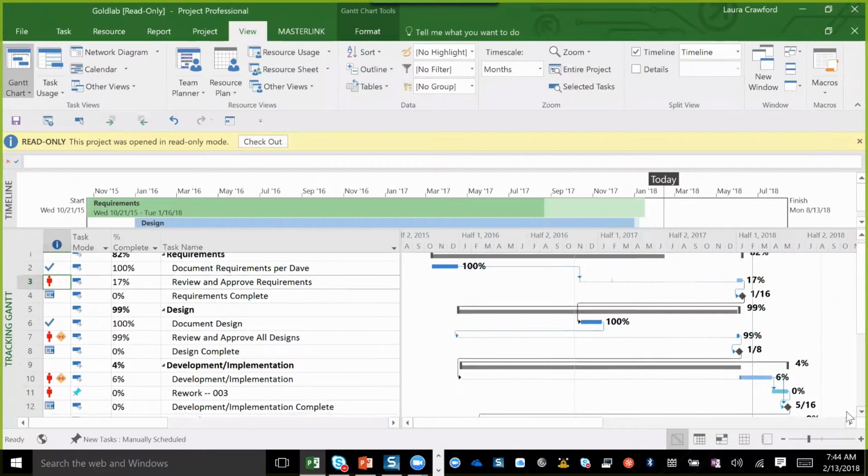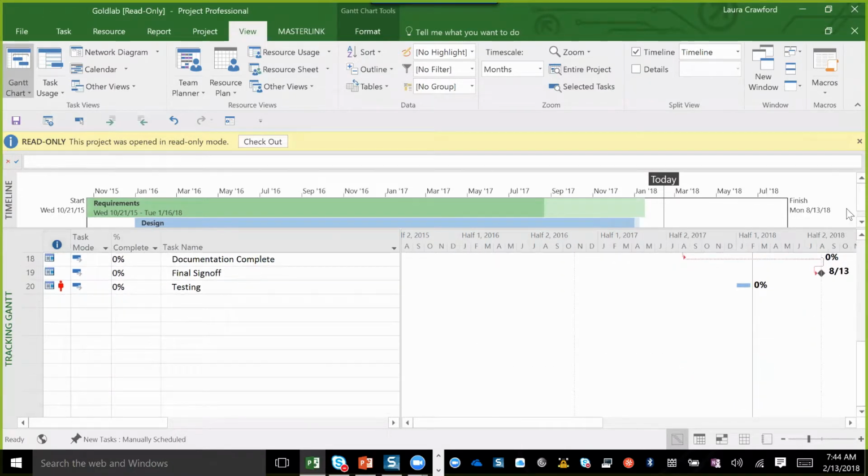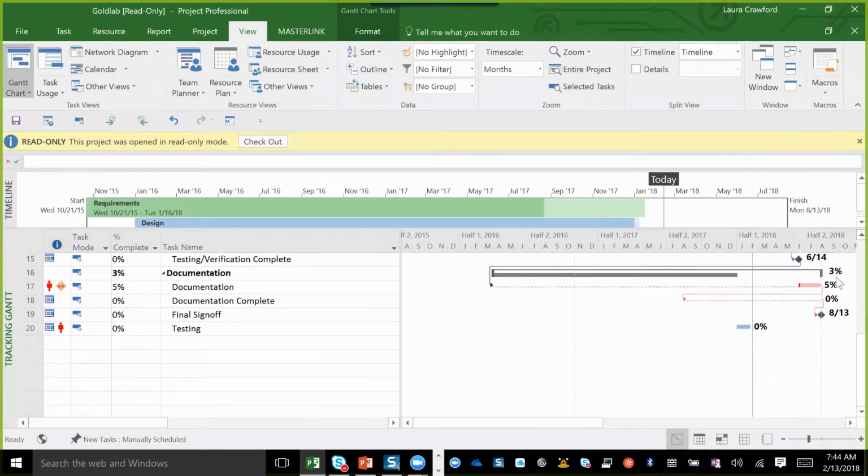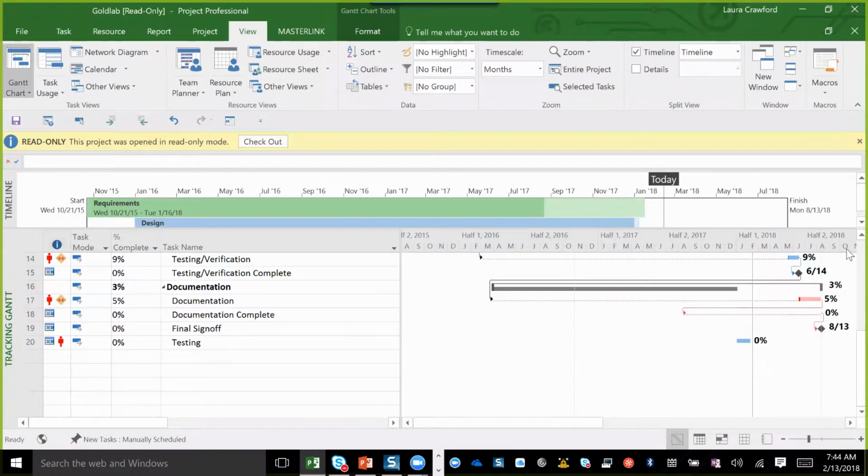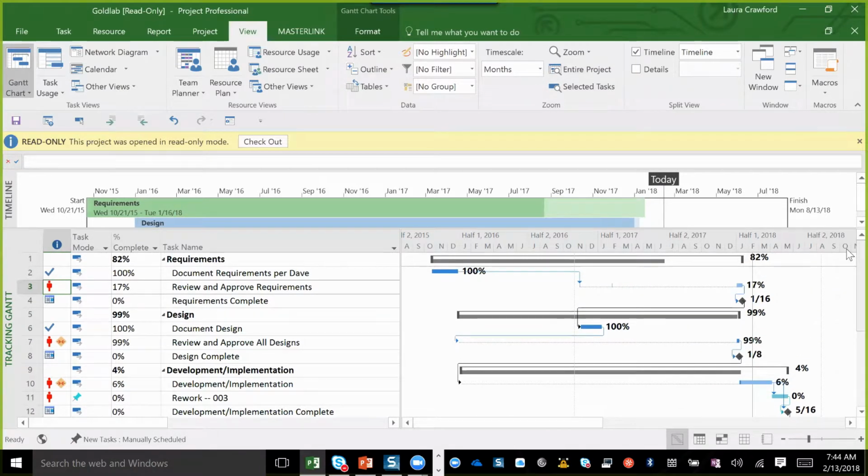My tasks that are on the critical path are in red. So it looks like I just have one guy out there. That guy right there would be on my critical path. All right, so I can identify the tasks that are on the critical path and then take any action that